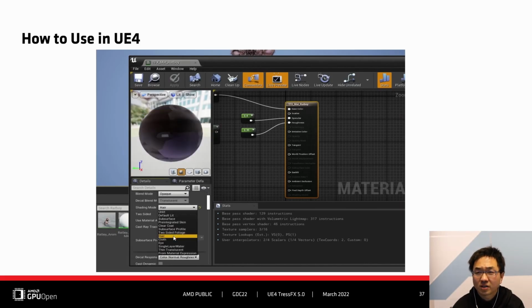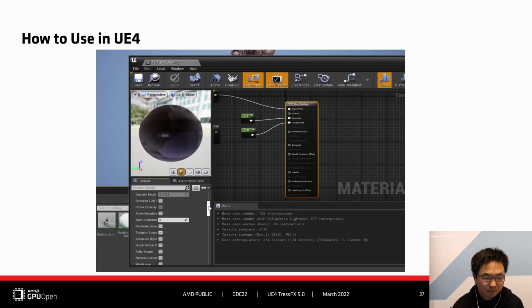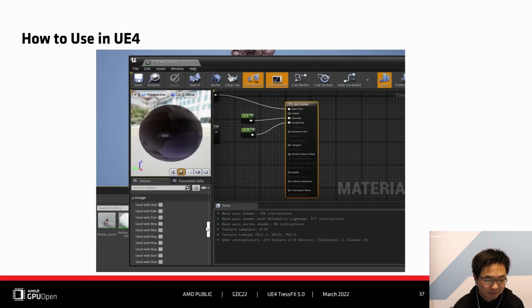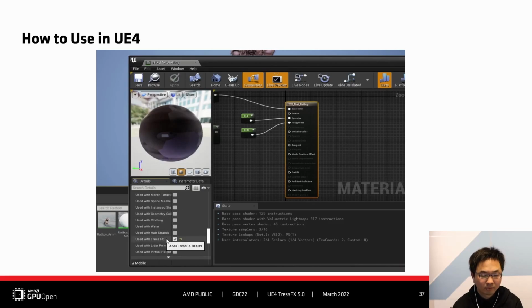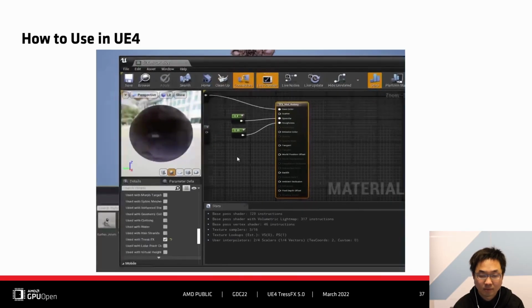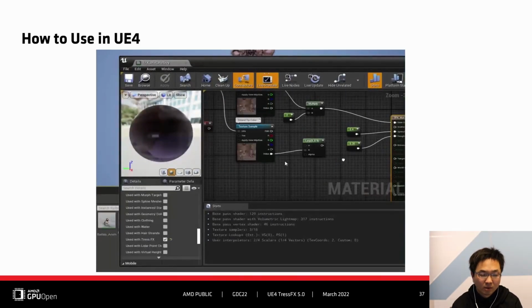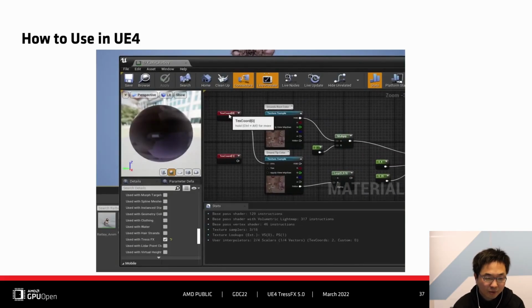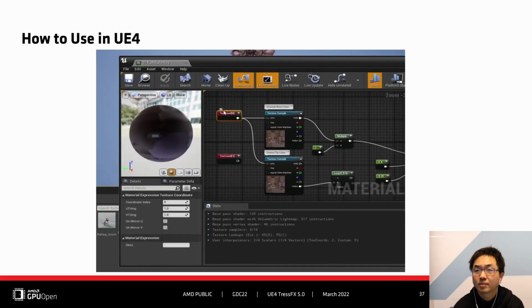Enable used with TraceFX. Here, let's look at texture coordinate 0 and 1. Texture coordinate 0 is root UV. Texture coordinate 1 is strand UV. You can use these two UVs to generate more interesting base color.